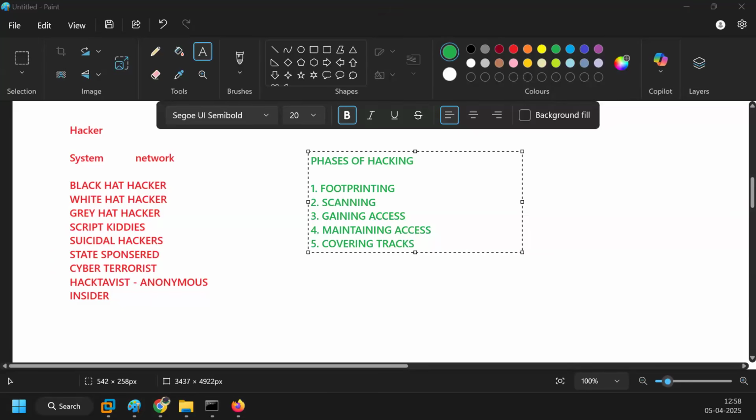I will move into the phase of scanning. In the scanning phase, we perform three steps. First, we find out whether the victim system is live or not. When I say live, it means whether it is powered on and connected to the internet or not. For that, we do scanning,